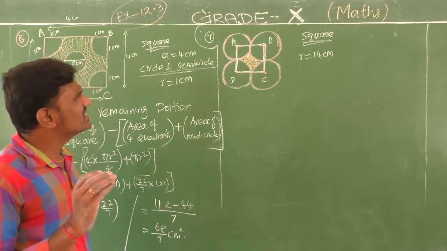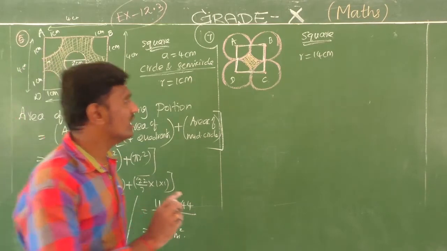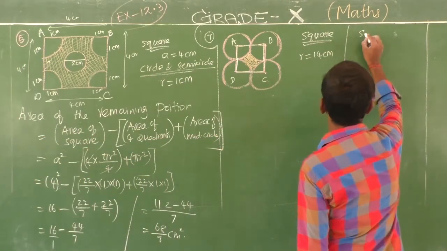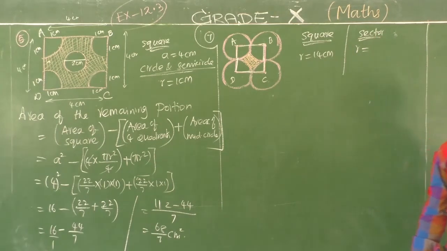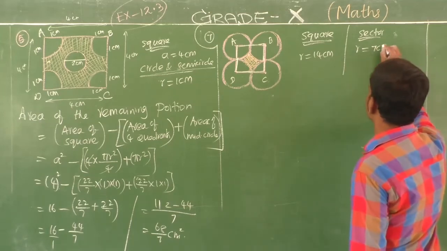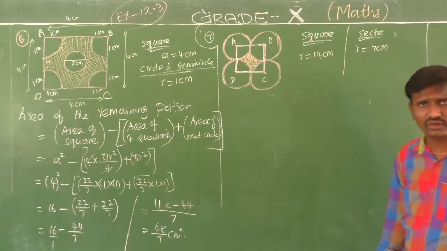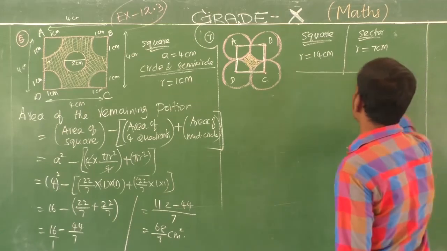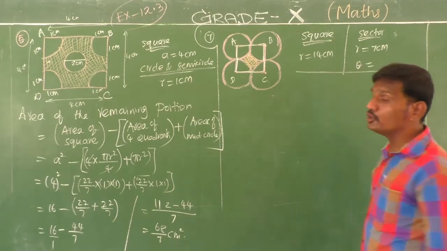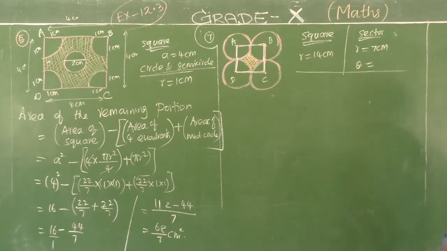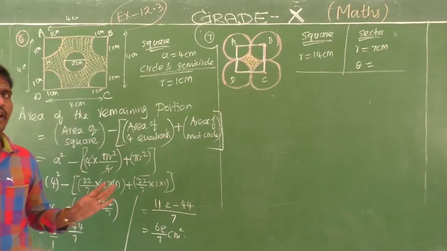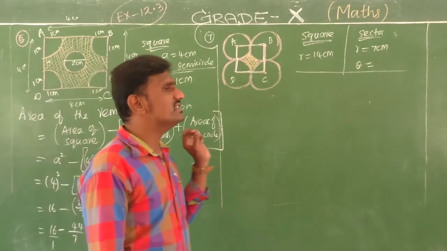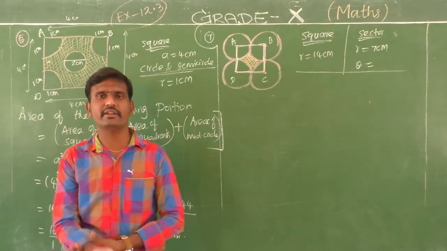What is the radius of the sector? Now next I am going to mention the sector. The radius of the sector is very simple. Half of the side, divided by 2, is the radius, that is 7 cm. Look at the diagram itself, you understood. Yes, student. So radius 7 cm is not a problem. And next I am going to give you the sector angle. Students, the sector angle is not given to you in front, but we should judge what will be the angle of the sector.